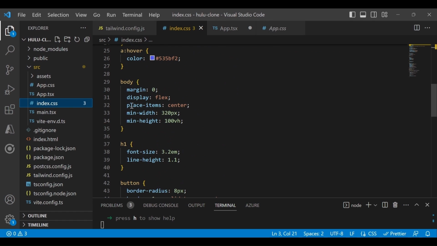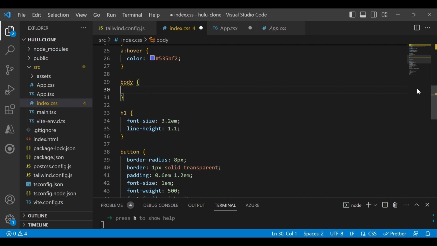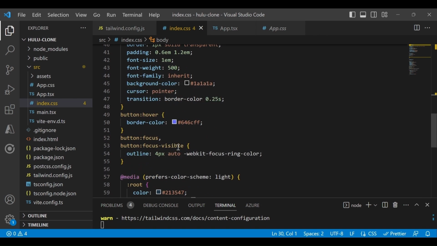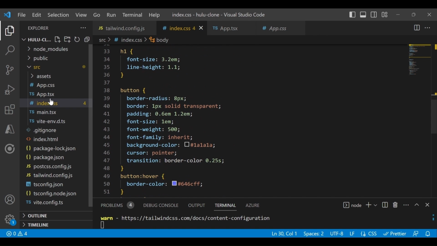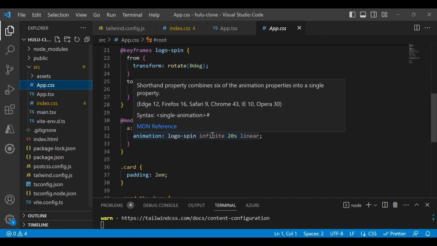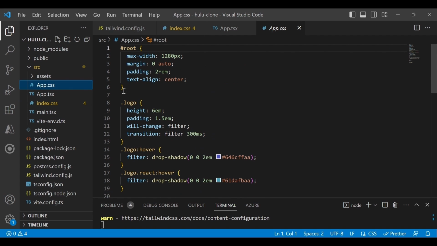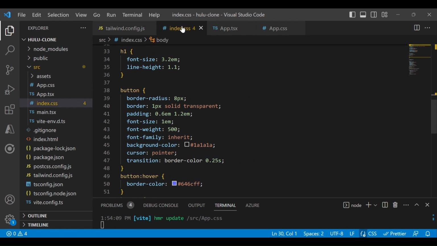In the body section, it mentions the width and height. I will remove everything because I don't want any style for our application at this moment. Otherwise everything is okay. If there are some changes, then I will let you know. Yeah, in App.css, remove this text-align center as well. We don't want it. Okay, and now next we will create the file structure.